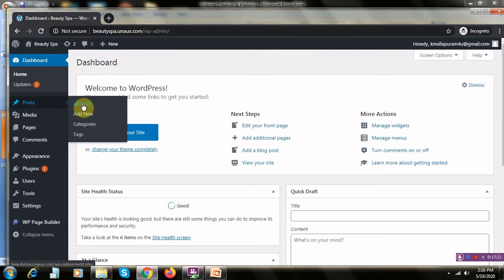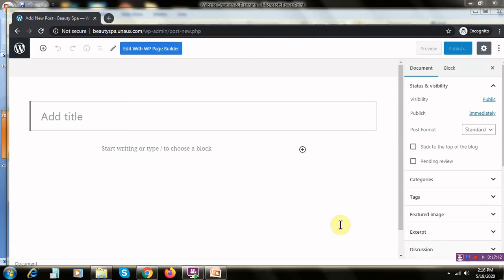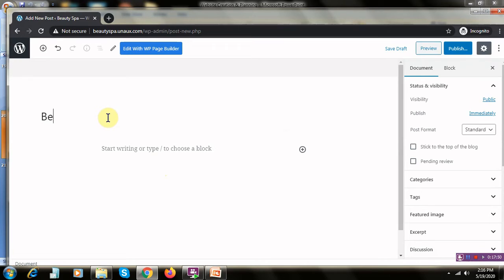So all posts. Let's see whether we have added any post or not. So this is the default post. Add a new post. So let's wait till it gets loaded. So click here and you can have a title for beauty industry. If you wanted to write any post on the beauty industry of India, you can do that and click on publish. Now again you have